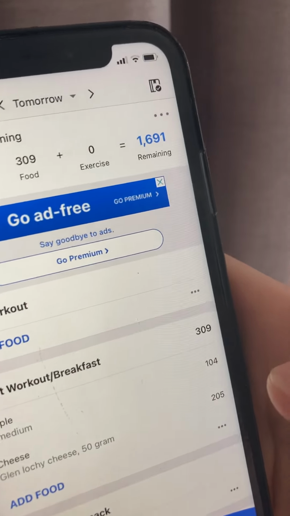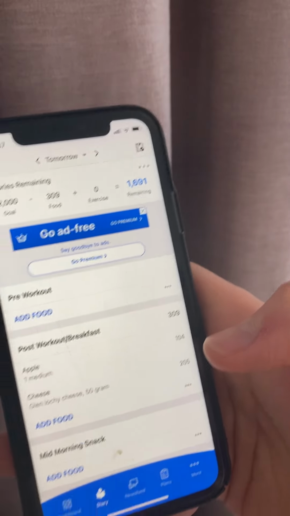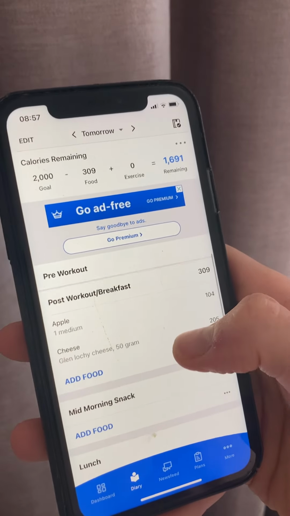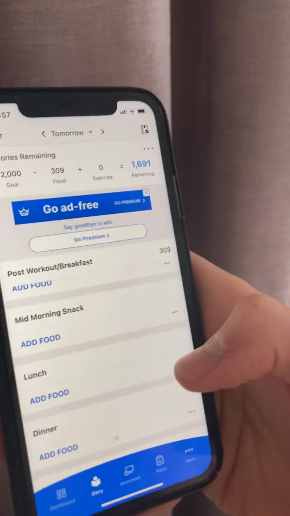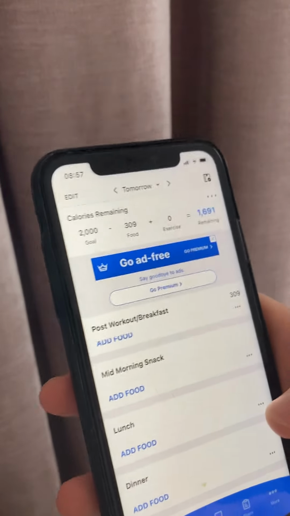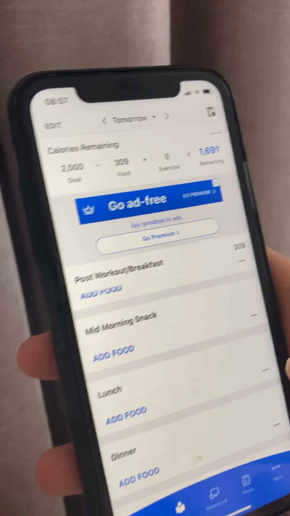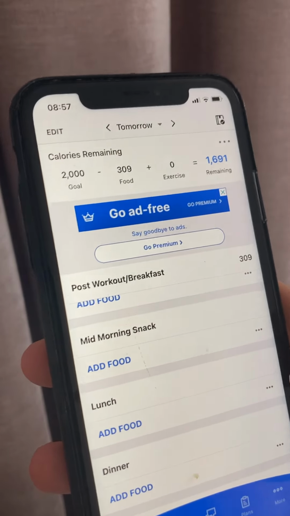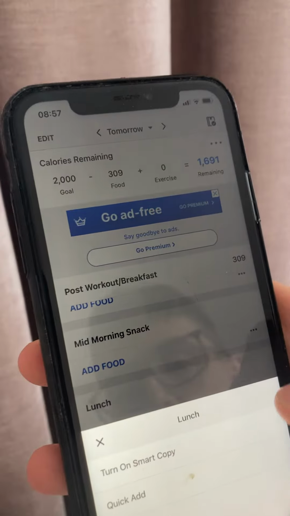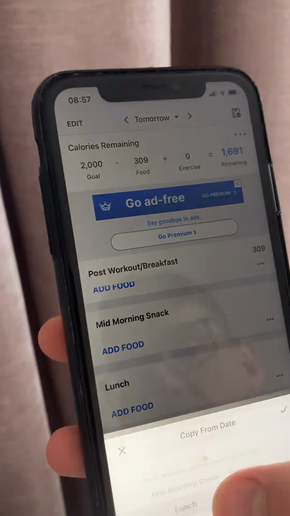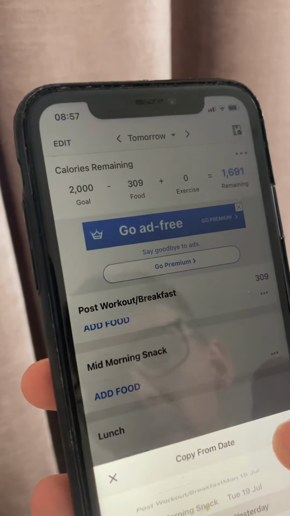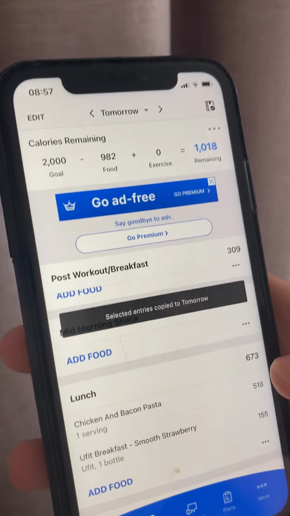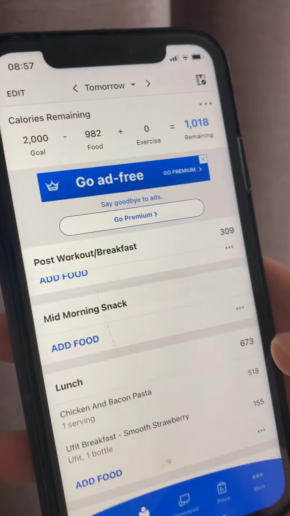So in terms of adding foods, that's probably the easiest way to do it. But what you can also do is, as you progress in MyFitnessPal, as more meals get stored in your database, you can then start copying from previous days. So for instance, if I go to lunch and click these 3 dots, I can click copy from date. And let's just say I have the same lunch as yesterday. There you go. My lunch from yesterday,